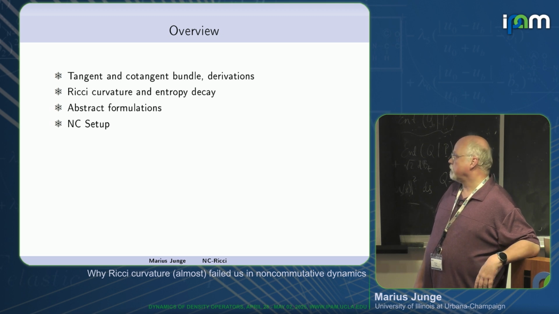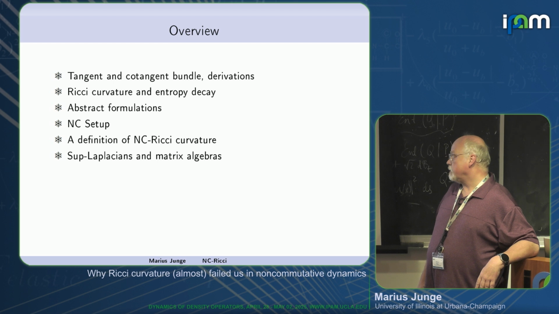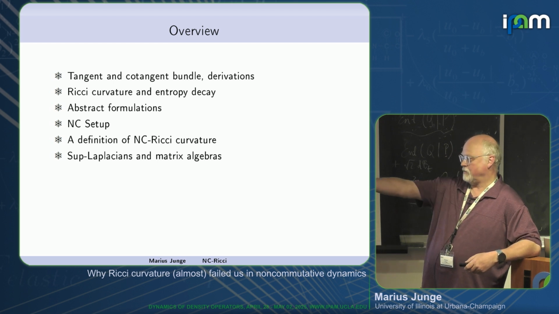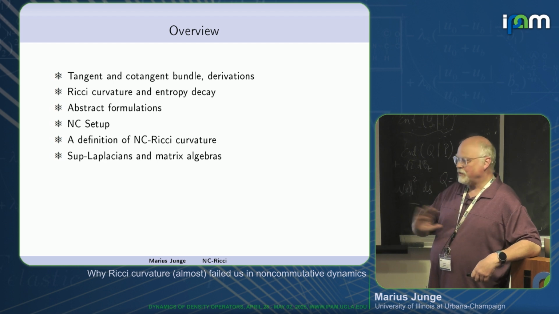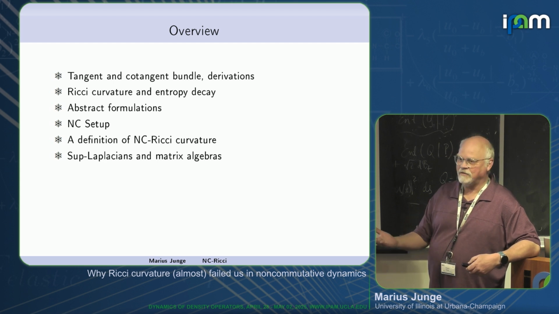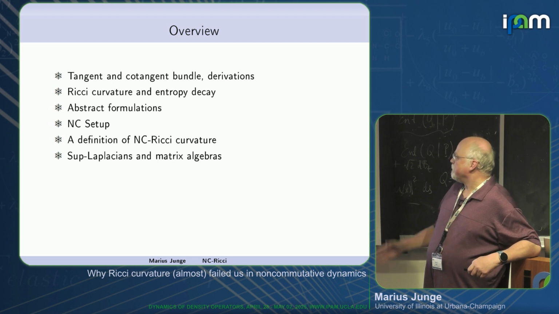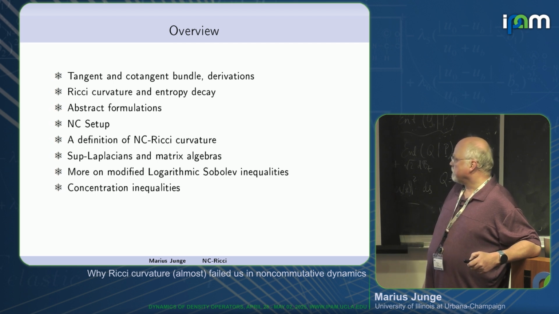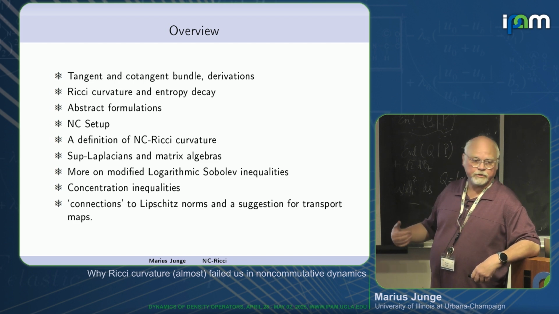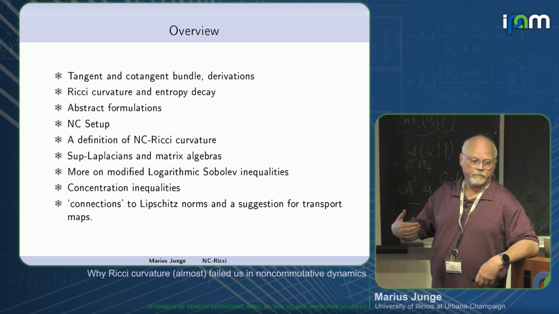Then I will turn to the noncommutative setup, how we try to define Ricci curvature, and it actually matches in the cases which we understand extremely well. But I'm afraid, I really wanted to go beyond these cases, and that's where we failed, right? These cases work well, but everything else was hard. I will talk about sublaplacians and matrix algebras, where we wanted to apply that, and then modified logarithmic quantities, concentration inequalities, and then coming back to Lipschitz norms, which are more closely related to the topic of this